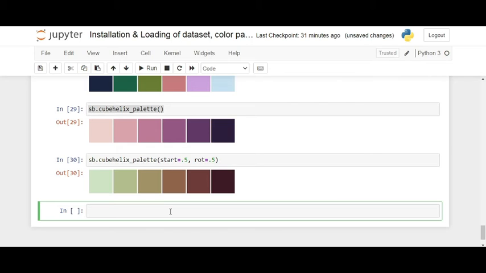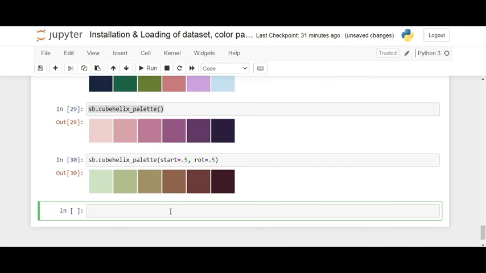So here you can make control over the palette. The two main things that will change are the start, which is a value between 0 and 3, and the rot, or the number of rotations, an arbitrary value but usually between -1 and 1.